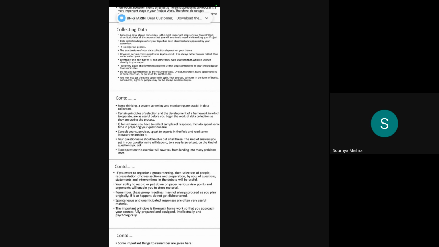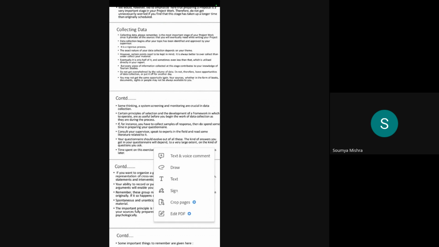That is what literature review is all about. You have to read the literature, and then you will come to know. Then you have to quote those other authors, what they have mentioned. That is very important.